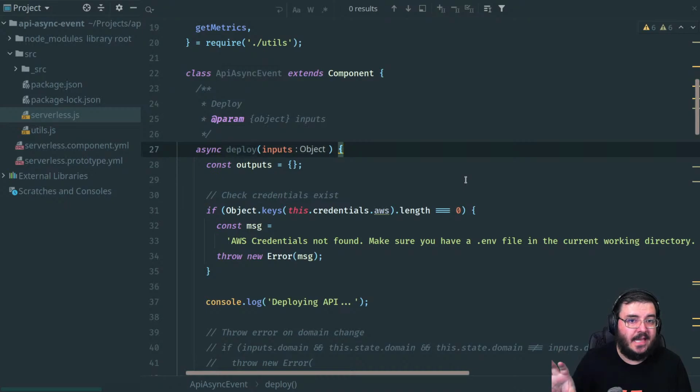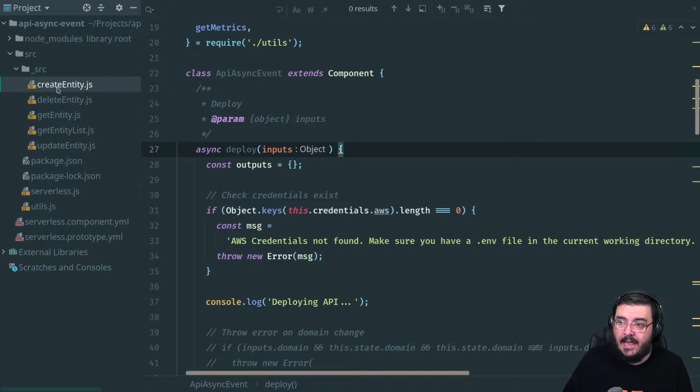But let's just recap what we've done. It's pretty cool. What we've done is, using components, we've now got a way to deploy a RESTful API where you have a single API gateway endpoint pointed at a single Lambda function. And each Lambda function is pre-written to add entity to a database, retrieve entities from a database, update that entity in the database, or delete it in the database. Pretty much all the basics you need out of a RESTful API. It also automatically sets all this up. You don't even need to know about API Gateway or DynamoDB or Lambda or IAM or eventually Route 53 and domains and all this kind of stuff that we can add.